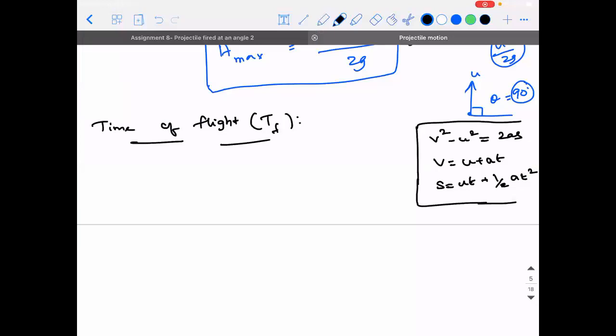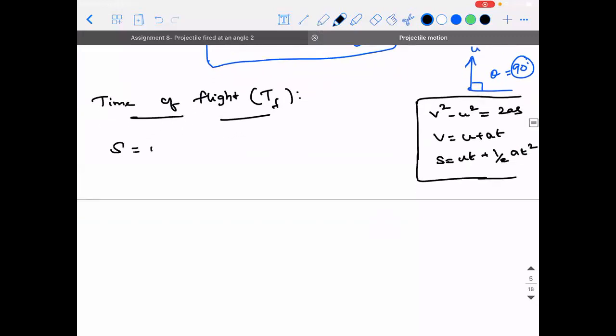Right? So the only fact that we know is we can apply s is equal to ut plus half at square. So we will apply s is equal to ut plus half at square along which direction? I told you yesterday, in the case of two-dimensional motion, we need to be very careful with direction. So we will apply this formula along the y direction. Look at the way I wrote the equation. Displacement along y direction is equal to initial velocity along y direction into t plus half into acceleration along y direction into t square.